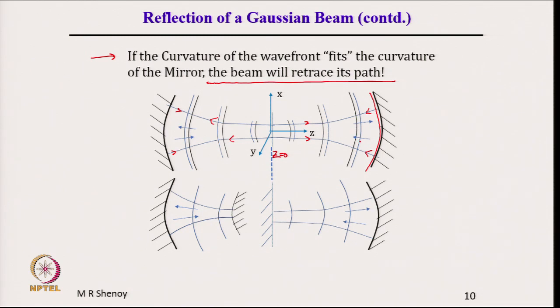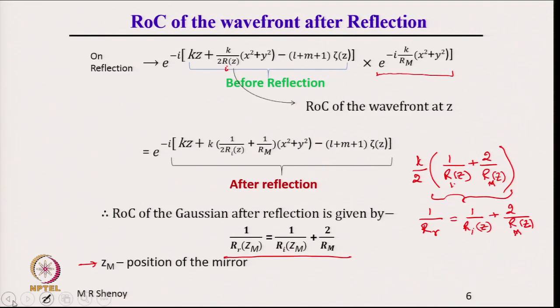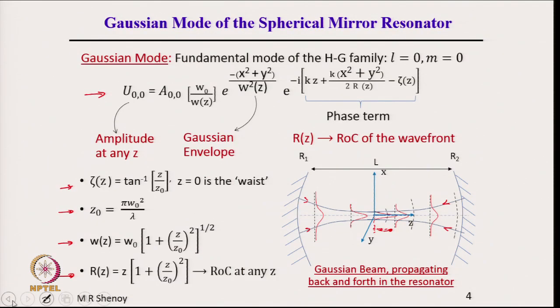Therefore, if we look at the figure, it is not necessary, for example, to have two concave mirrors. If I have at the waist, the wavefront is plane, at z is equal to 0, the wavefront is plane, R of z is infinity. If we just see the expression for R of z, see R of z at z is equal to 0, the radius of curvature,